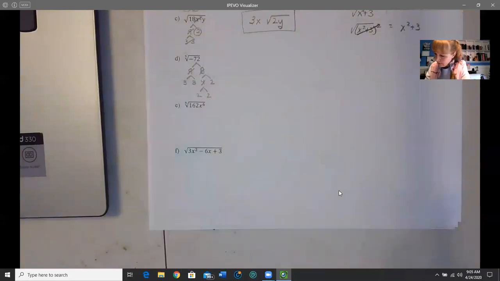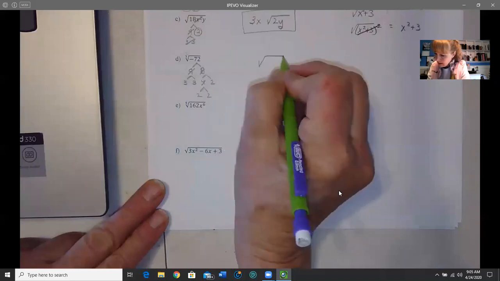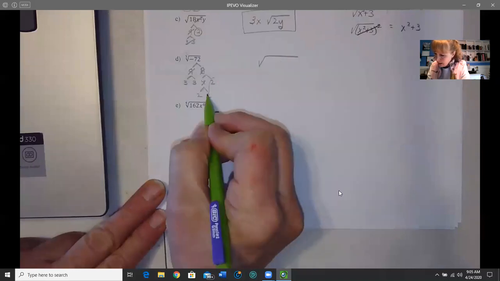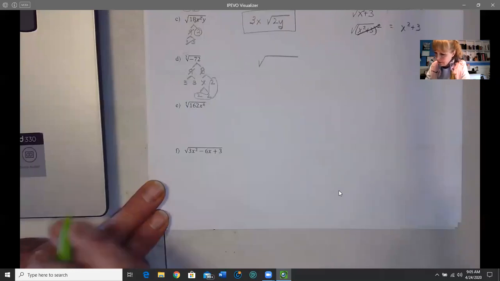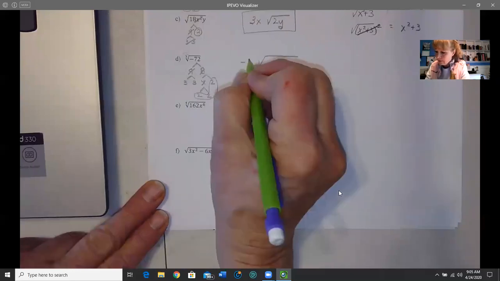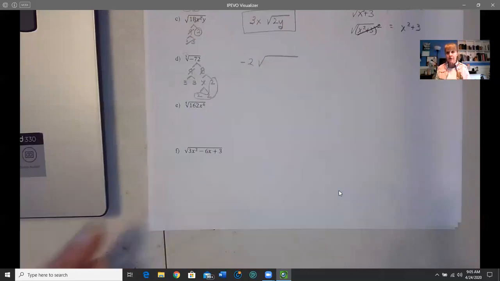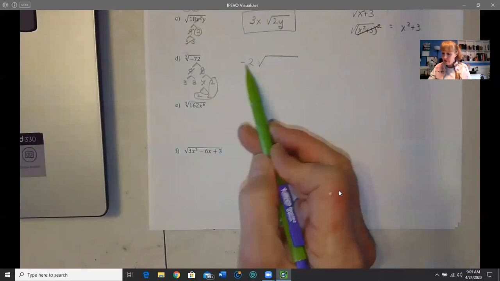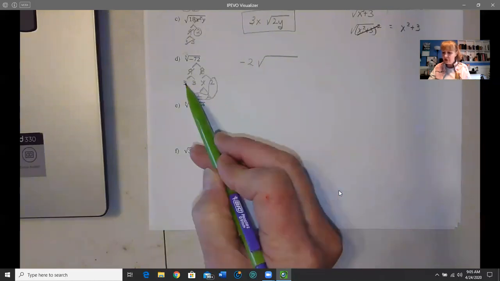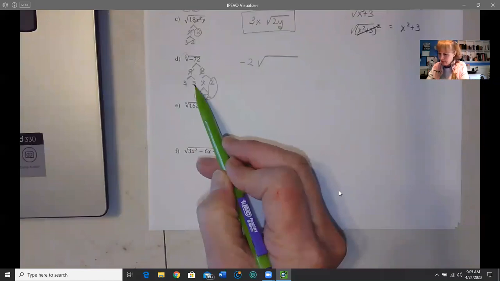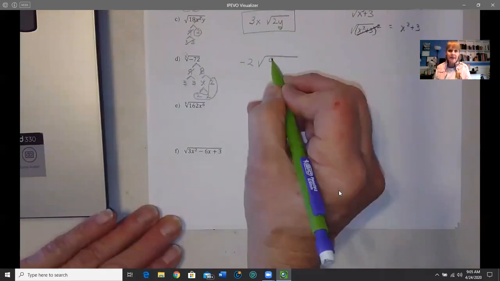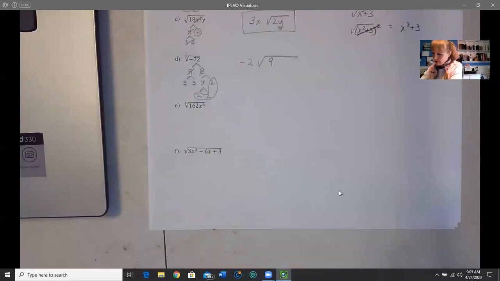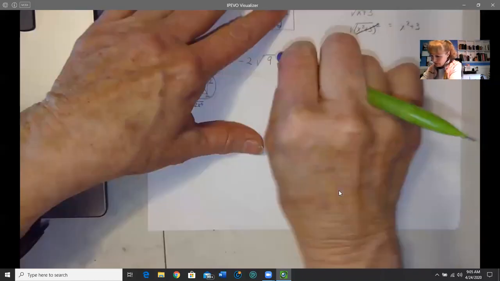But here, I'm going to go ahead and do my radical. I have 3 of the 2's. So they're going to come out, and bring the negative out with them. Put your negative in the front. Don't leave it inside. Bring it out. So this came from the fact that I had these 3 2's. And then I have the 2 of these, not enough, so they have to stay. And so just multiply them back together. So your answer is a -2